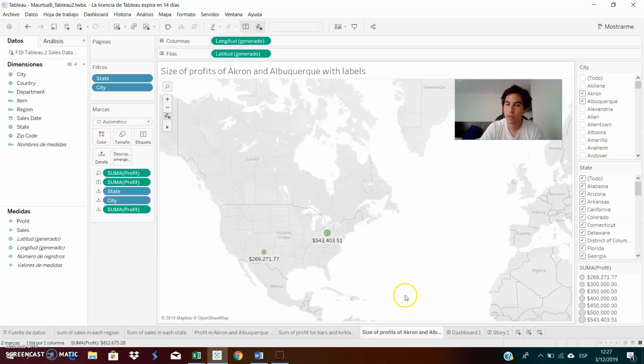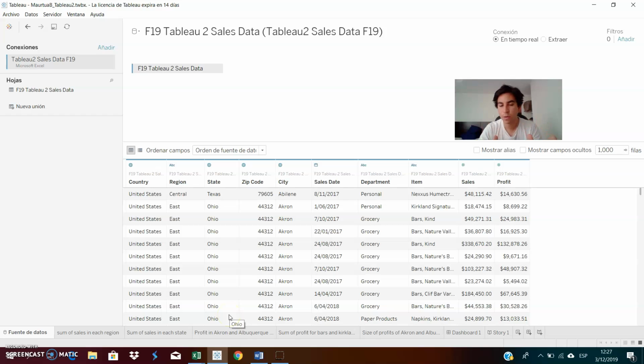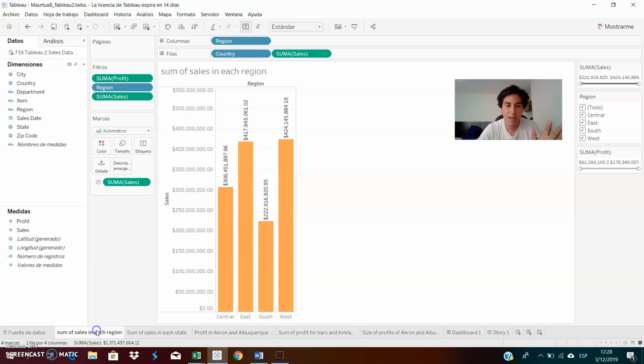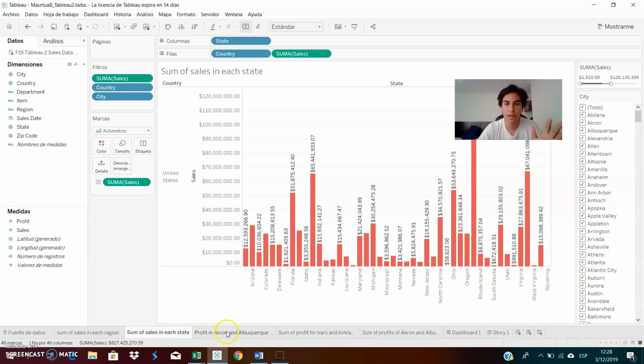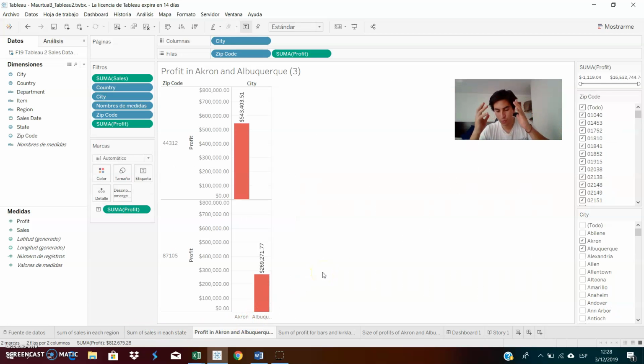And I think that's really helpful in any company because when you see data just as a table, then you don't get the big picture. But when you start seeing data like this or like this or like this, it's easier to sum up all the information in your head and